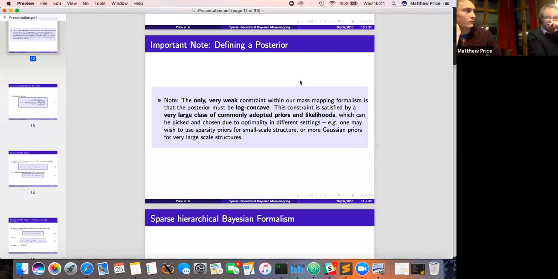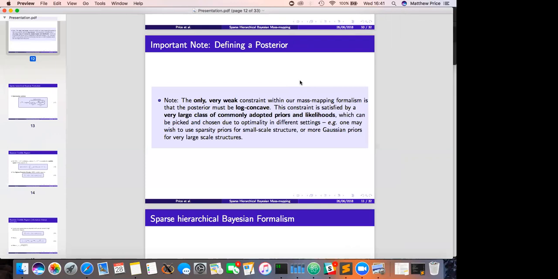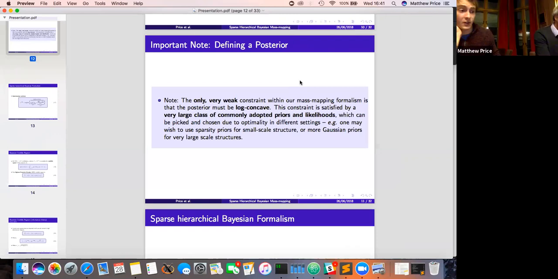But at the end of the day, we're trying to aim for settings where we won't be able to do MCMC. The MCMC setting was a 256 by 256 pixel image, which is low resolution. And even then it took a million times longer than us. It took, what was it, 37 hours or 27 hours? Regardless, if you were to scale this up to the resolutions you were interested in, it would take a year or something.